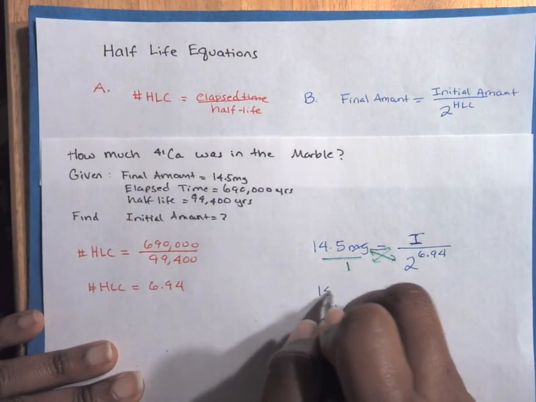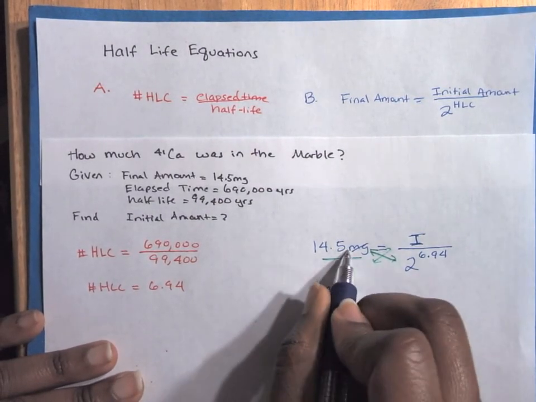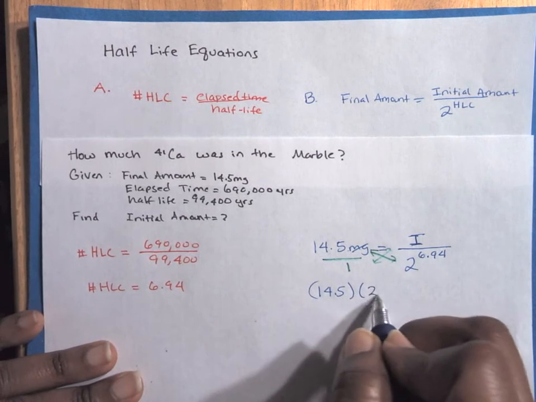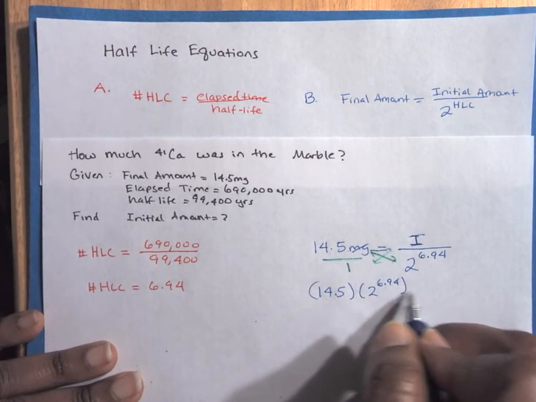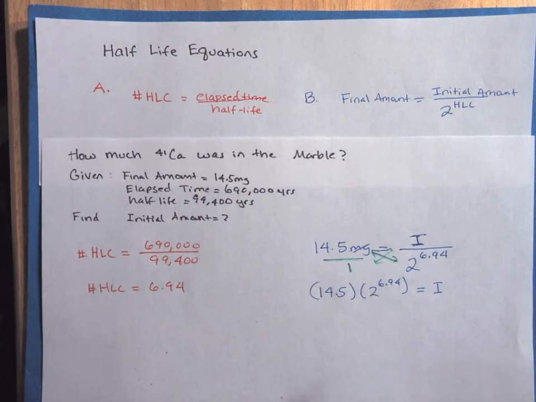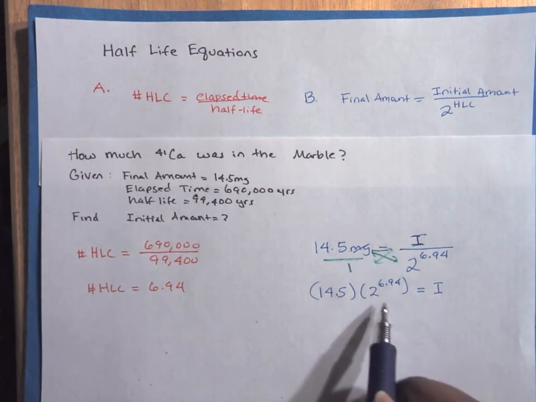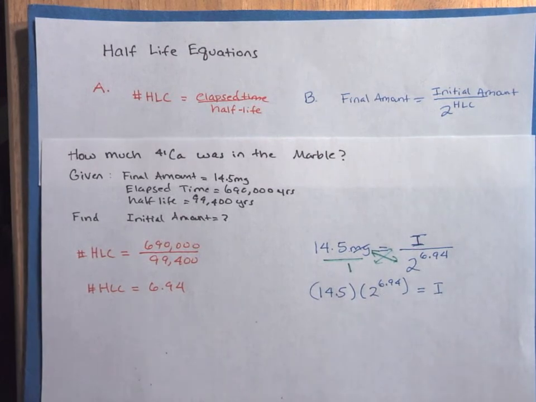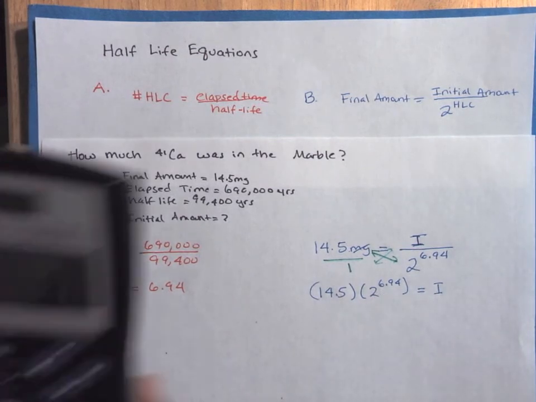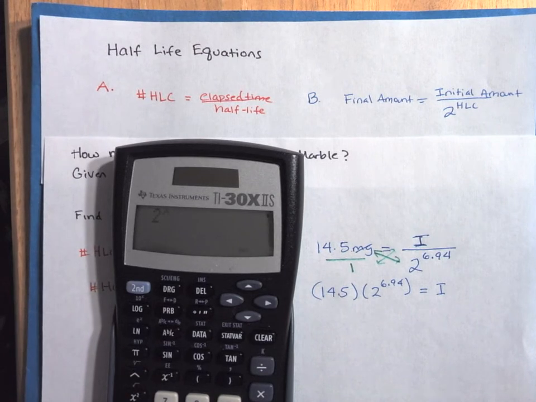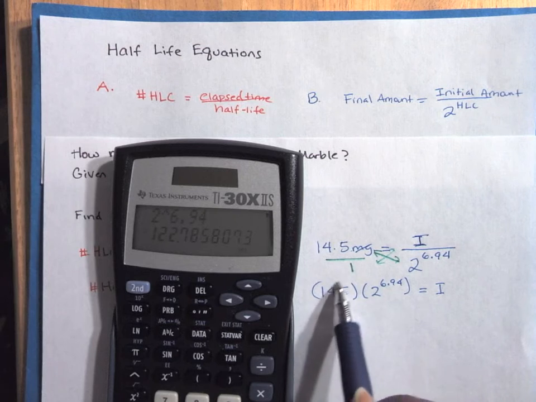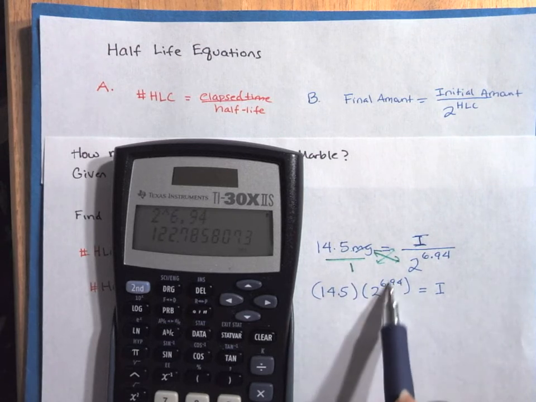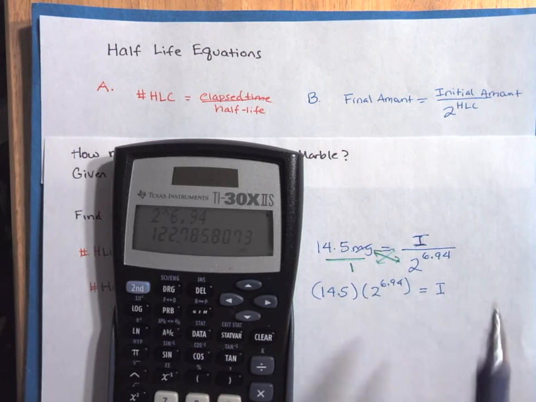So I would get 14.5 times 2 raised to the power of 6.94, and that's equal to my initial amount. It's important to know that these are not like terms, so you're going to have to use your PEMDAS rule. You can take 2 raised to the power of 6.94 first and do that. What I meant by these not being like terms is that you can't distribute the 14.5 to the 2 first and then raise everything to the power of 6.94. You have to do this separately because these two are not like terms. So we get